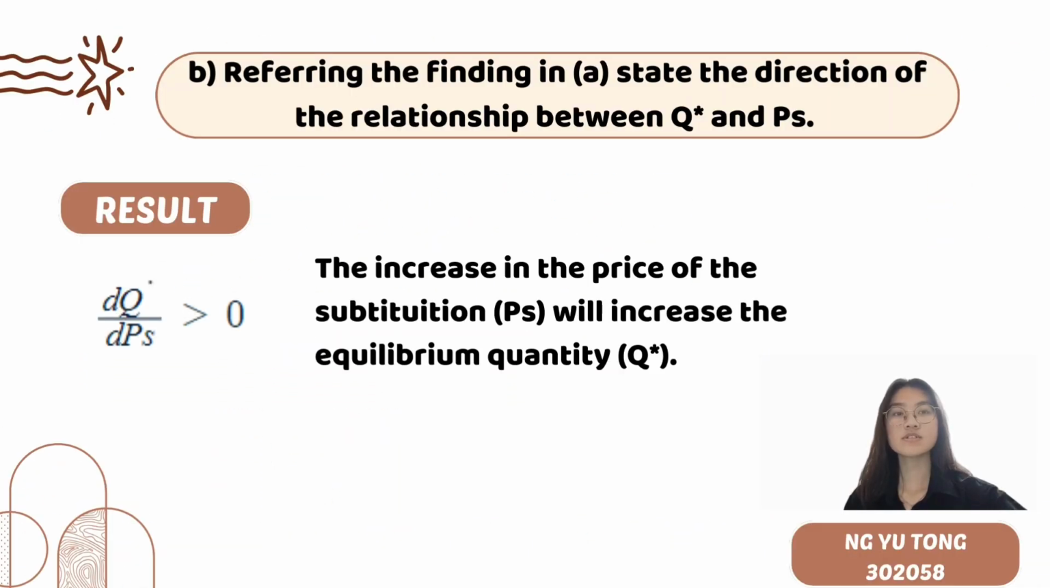To continue to our B question, which is referring to the finding in A, state the direction of the relationship between Q and PS. We have found that the differentiation of Q with respect to PS is equal to FC over F plus B. In this, we have concluded that dq over dps is greater than 0. It means that an increase in the price of the substitute, which is PS,